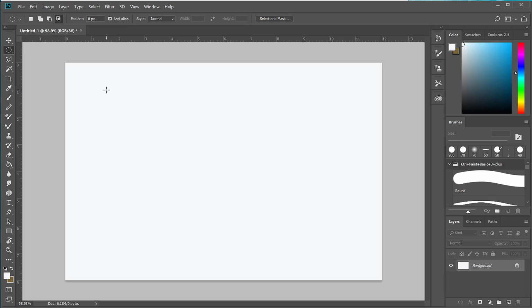If you want to create a selection, left click with your mouse and drag open the shape and you'll see these dotted lines appear. If you want it to be an oval or an ellipse, just simply left click and drag. If you want it to be a circle, you press Shift. And no matter what direction you go in, the constraint will stay the same. It will stay a circle. So once you get the shape size that you want, let go of Shift and your left click, and that